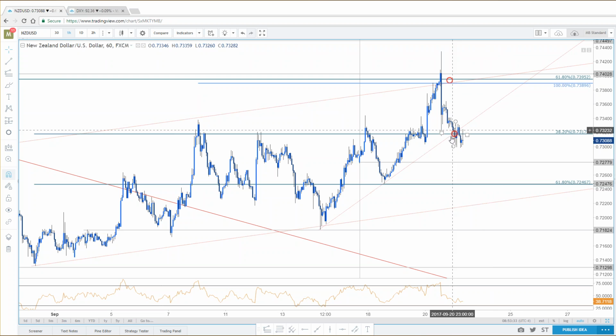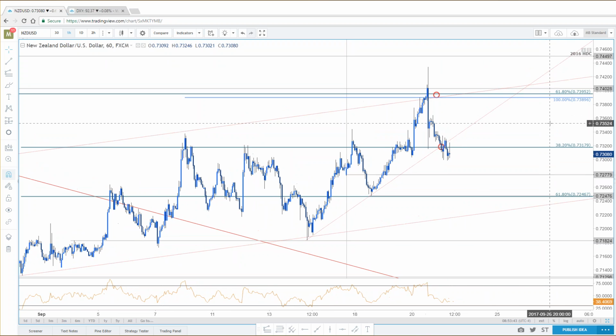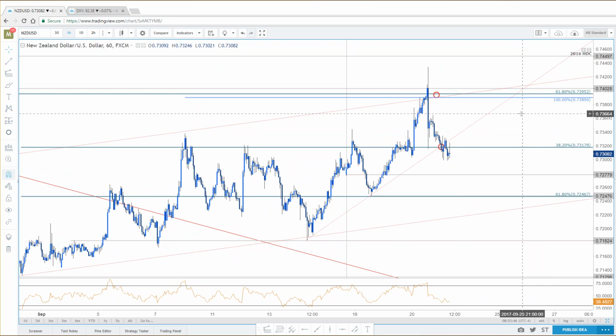But for now, I do think the immediate risk still is for a little bit of a sliver towards the weekly open. If that happens, at one of these levels, I'll be looking for exhaustion, re-entries, and then the long side. Look, the long and short of it is you need to close above 74 to get this thing a validated breakout.